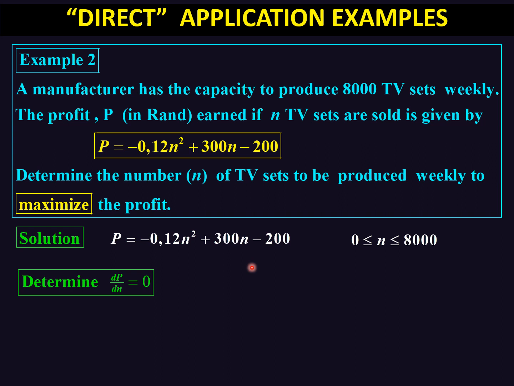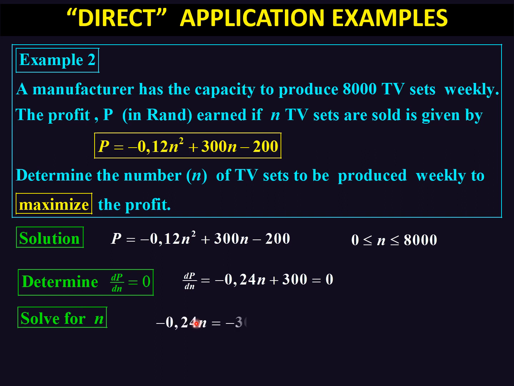Let's try that. Let's see whether you get it right. Give you a chance. That's correct. Negative 0,24n plus 300 equal to 0. And here I've used the dP/dn notation. Now that's again a linear equation. Should be quite easy, very easy. So we transpose the 300 and then we divide by negative 0,24, and this gives us n equal to, that's correct,